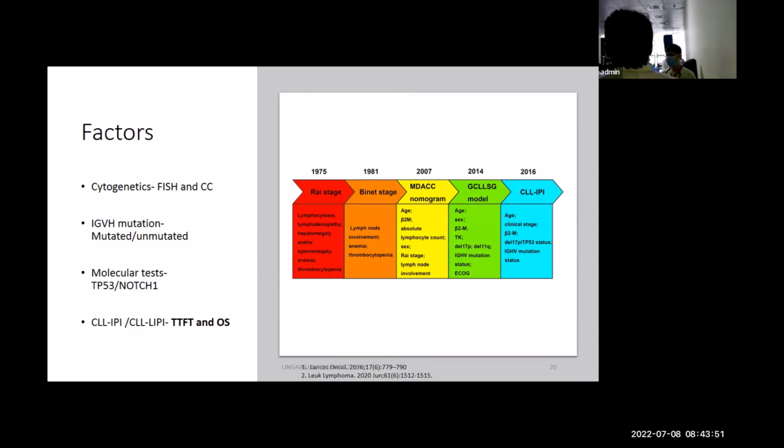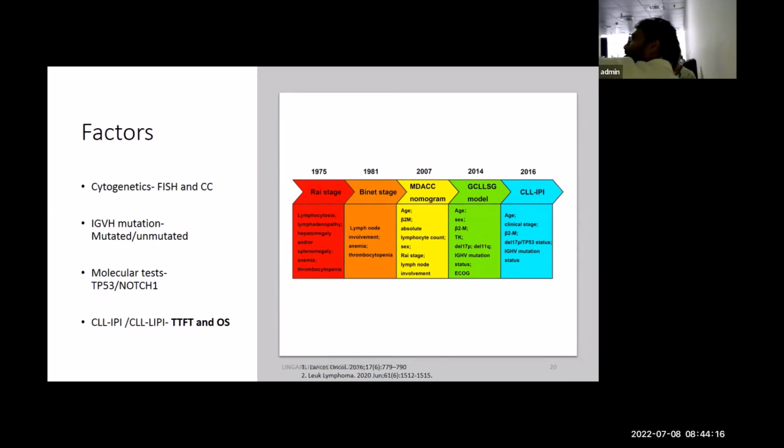If the CLL-IPI is very high, this patient is going to need treatment. You should have a low threshold to start treatment for this group of patients. In that way it will help you. The PGI group has invented, I can say, the CLL-LIPI. IgVH mutation testing is usually difficult to do, and many centers don't do it. So what they did was replace the IgVH mutation with lymphocyte doubling time, and they made it CLL-LIPI.